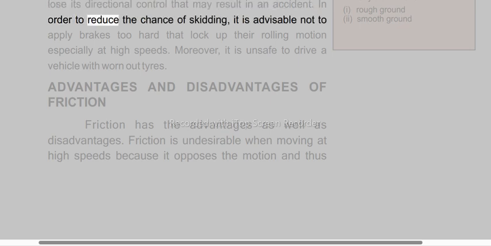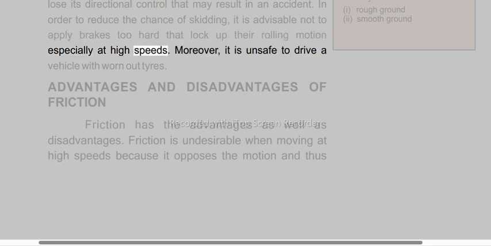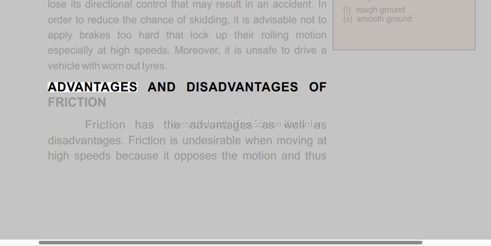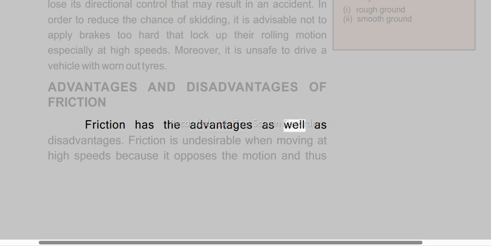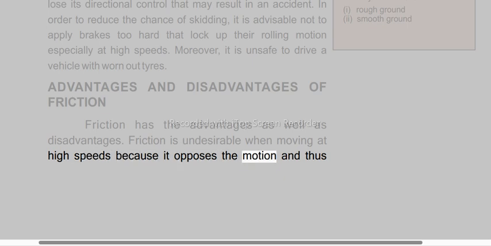In order to reduce the chance of skidding, it is advisable not to apply brakes so hard that they lock up the rolling motion, especially at high speeds. Moreover, it is unsafe to drive a vehicle with worn-out tires. Advantages and disadvantages of friction. Friction has advantages as well as disadvantages. Friction is undesirable when moving at high speeds because it opposes the motion and thus